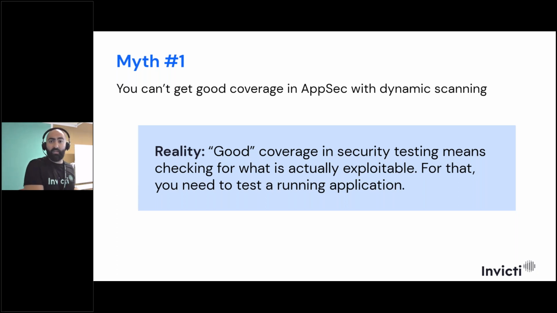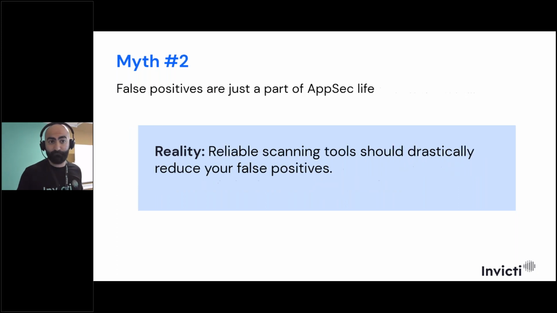And this is what usually a DAST solution does, especially when we're talking about modern DAST solutions with enhancements on the crawling performance, solutions that take into consideration the new changes and the new technologies happening in the market. Let's say, for example, single page applications, SPAs, are kind of tricky to scan. It's kind of tricky to cover a single page application. So when you have a modern DAST solution covering these types of applications, you're talking about a mature DAST solution that will provide you with full coverage.